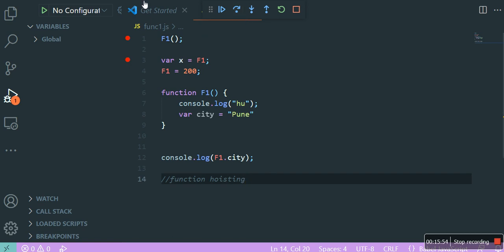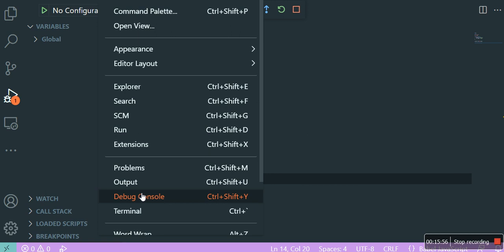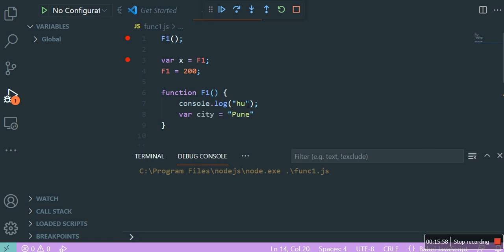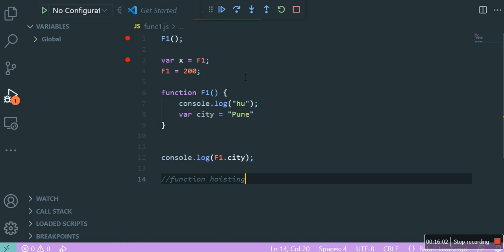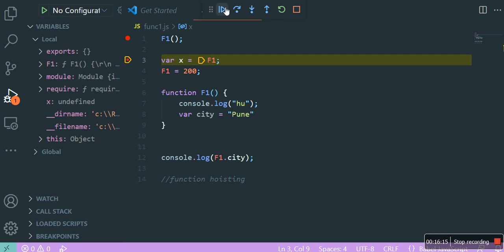View debug console. What mistake have I made? Why is this not running? Just a minute. I have not changed anything. No, I don't know why it is not running. Okay, now it is running. I don't know why it was not running before.